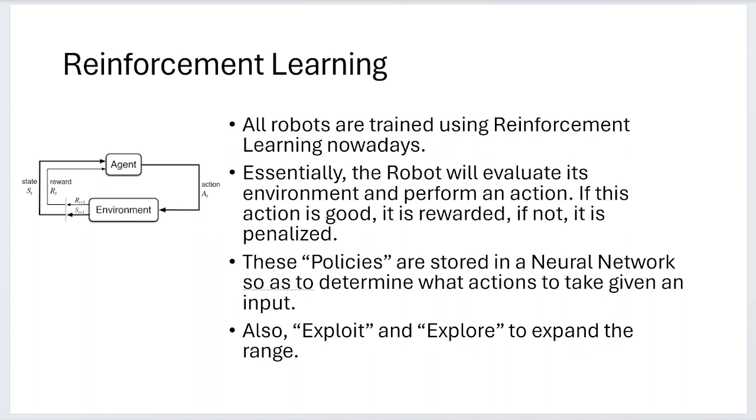These actions and rewards are all policies of the neural network, so it's all programmed into a neural network. For example, AlphaGo, which is a classic example of reinforcement learning, was an application that played the game Go and beat the expert Go player. Basically, AlphaGo played against itself, and it gave itself rewards when the actions were beneficial, and penalized itself when the actions were not great.